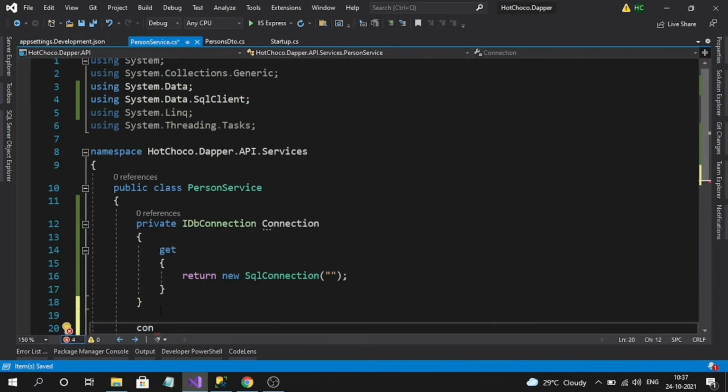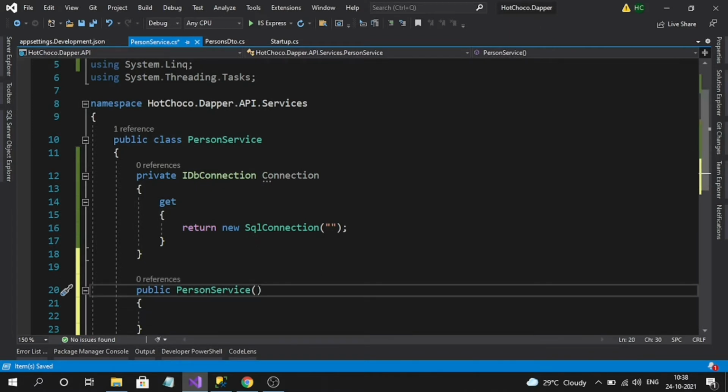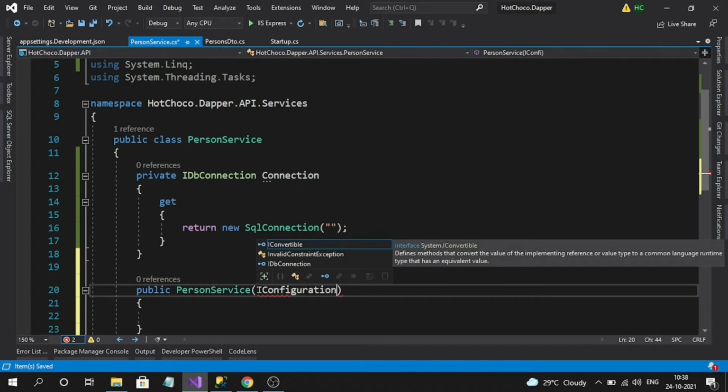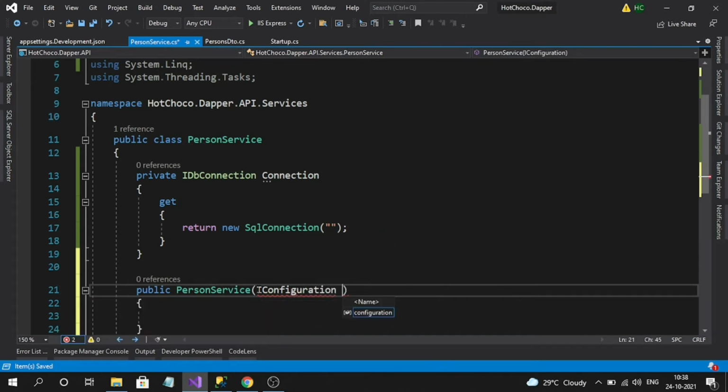create a constructor. Okay, and let's inject IConfiguration.